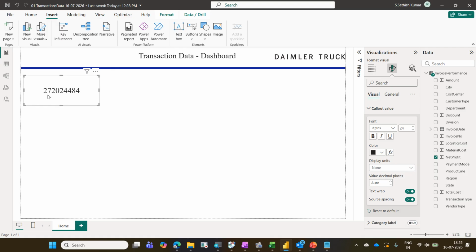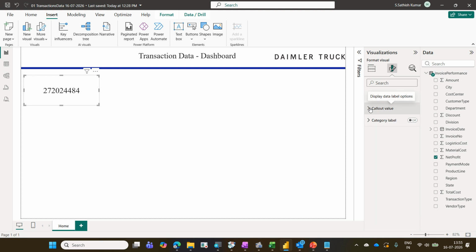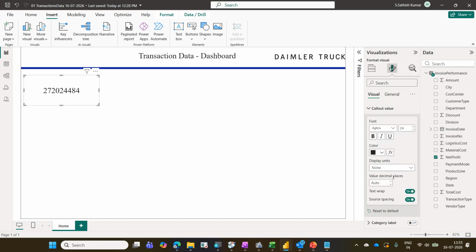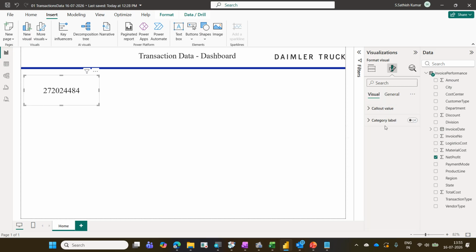The title is displayed on the bottom, which I don't like. I have switched it off. Only two options are available under this card: callout value, that is your color, background settings and display units. And this one, category label, I switched it off. Category label is the title which is displaying on the bottom, which I don't like. I switched it off. Now let us go to general,